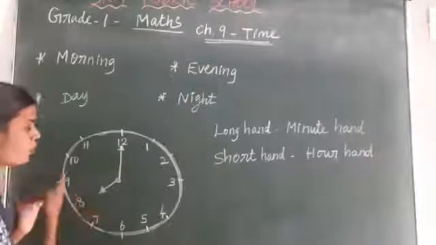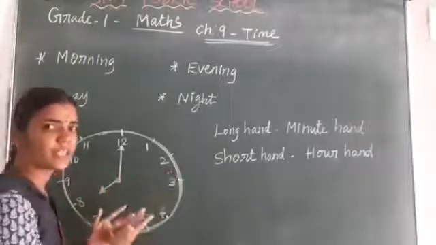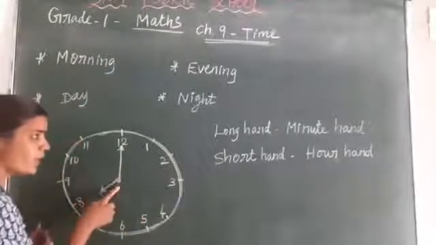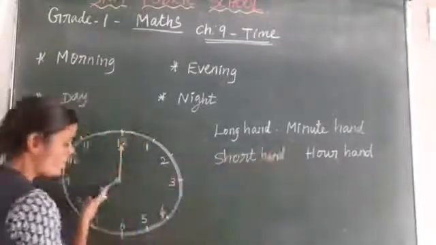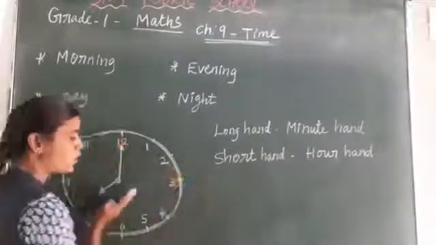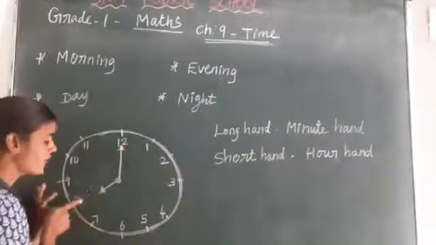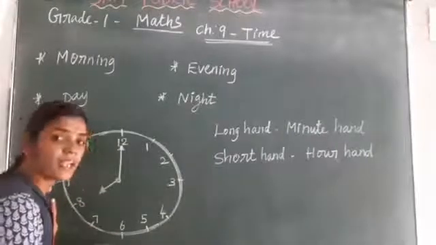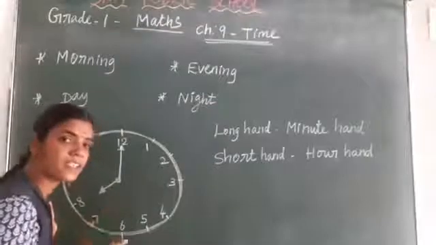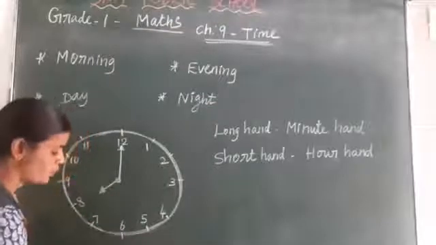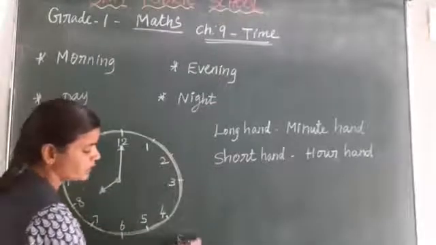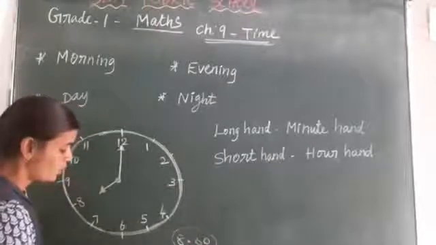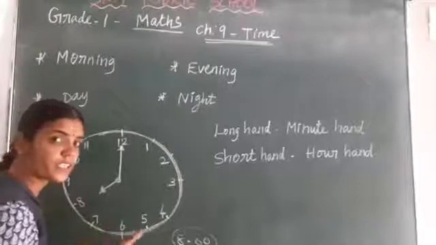Next, use your clock. When you go home, you have to see what the time is now. We have 2 hands on the clock. The long hand is called the minute hand. The short hand is called the hour hand. Now look at this clock. The short hand shows which number, that is the time now. So 8 o'clock. You have to write the time always between these two dots. Don't write it like that with one dot, that is not right. You have to keep the two dots while writing the time.